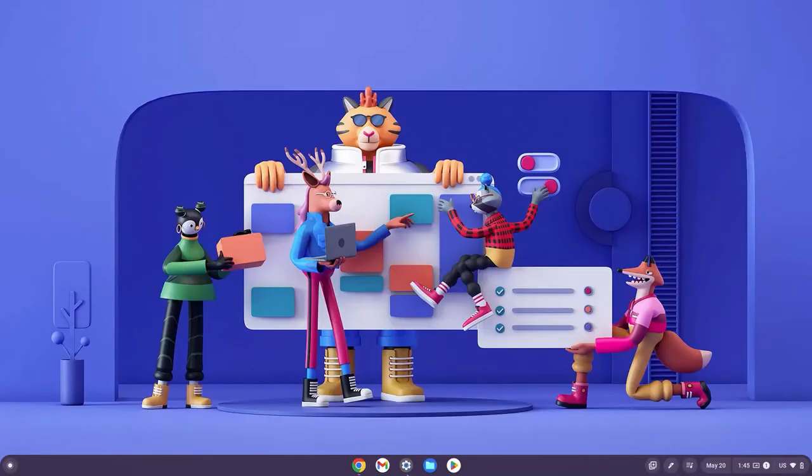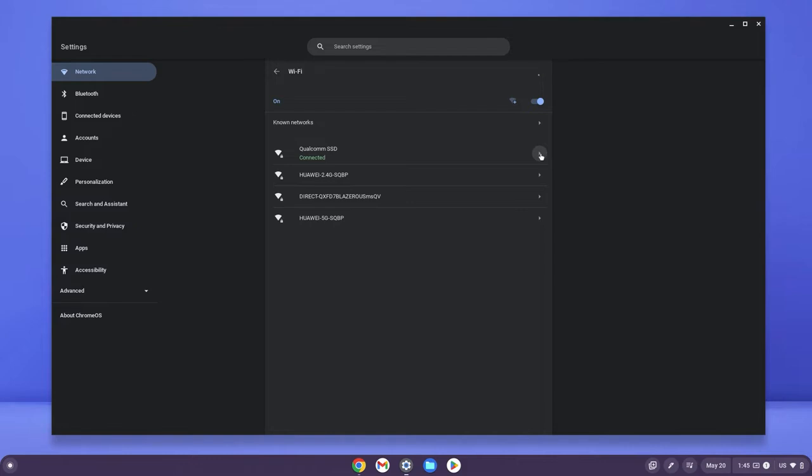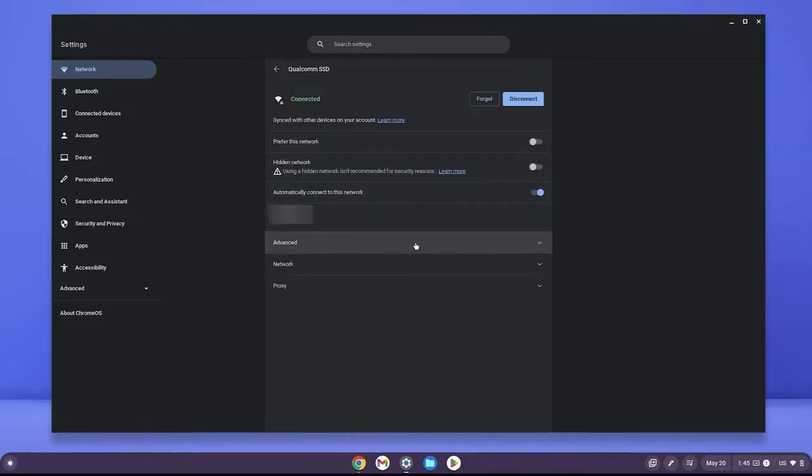Now we want to go ahead and open our settings. Once in our settings, we want to click on the network settings tab or just click on our network itself. Extend the current network you're using and then go ahead and click on the network toggle down. Scroll down and change this from automatic to Google name service. Sometimes this is all it takes because Google's name servers are made by Google and hence best suited for getting